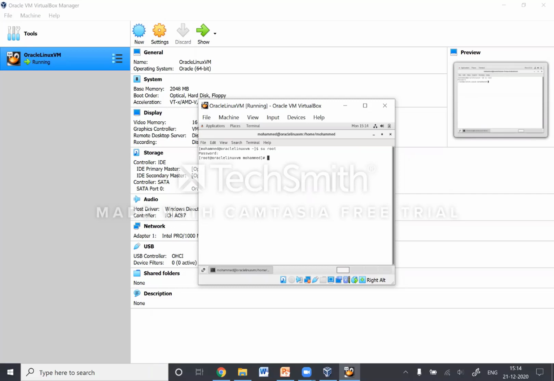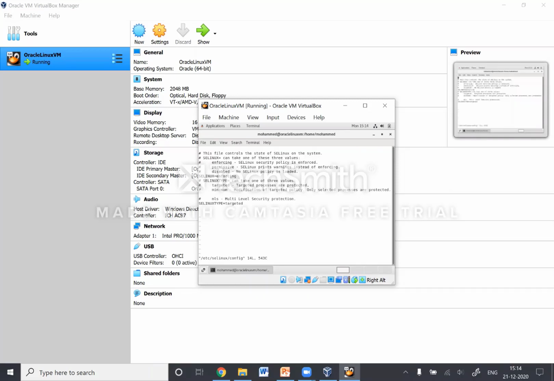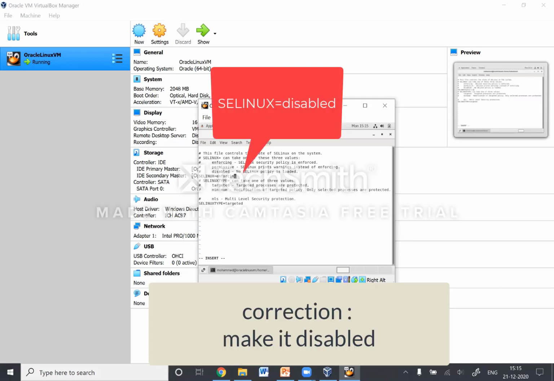Now, before installing guest edition, we also need to make a change to one of the files, which is in etc. SELinux config is the file name. So we'll use the vi editor and then we'll type in this command. We'll press enter. We need to change one value over here, which is this SELinux. So we'll come down using the down arrow, then go to the right using the right arrow, then we'll press escape, I. This will take us to insert mode. We'll press right arrow once again, and then we'll delete this enforcing and make it permissive.